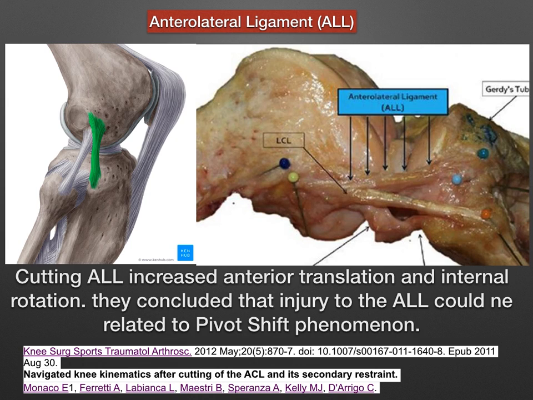So when the pivot shift test is very strongly positive, either grade 2 or grade 3, most of the time the anterolateral ligament is also torn. That is why they suggested probably this ligament has